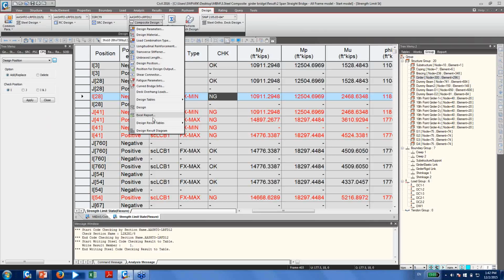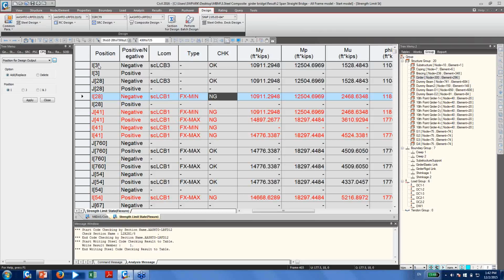So beforehand, you have to tell the program which element you are interested in extracting the Excel report for. So go to position for design output,